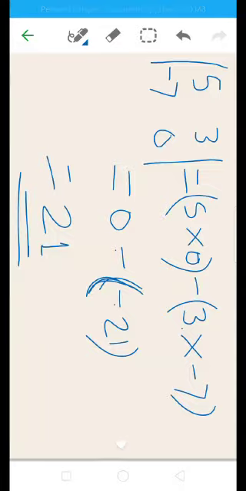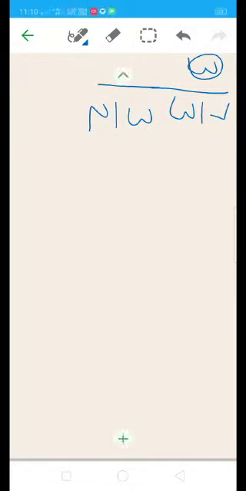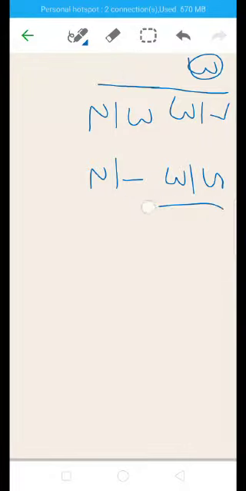Now we will see the third sub question of question number 2. In the determinant, in the first column there are 7 upon 3 and 3 upon 2, and in the second column there are 5 upon 3 and 1 upon 2. Sorry, we have to solve the determinant. We have to find the value of this determinant.